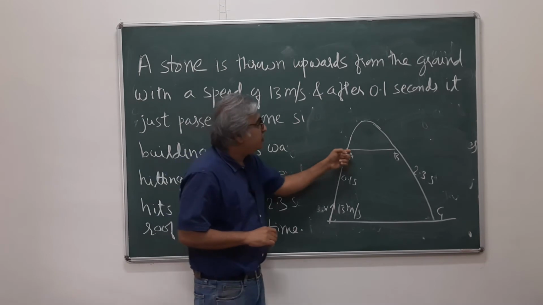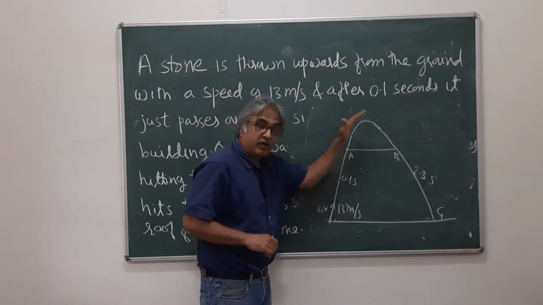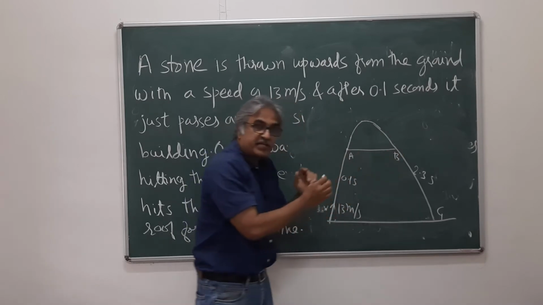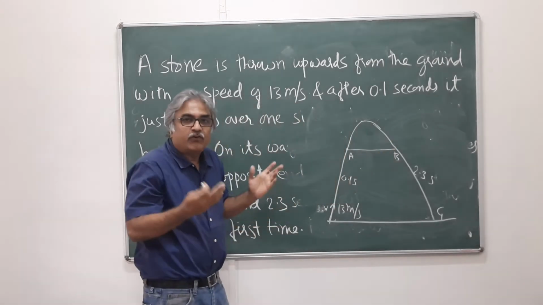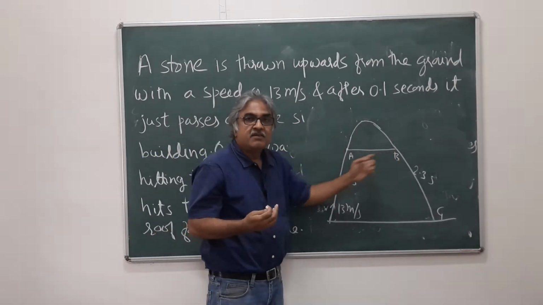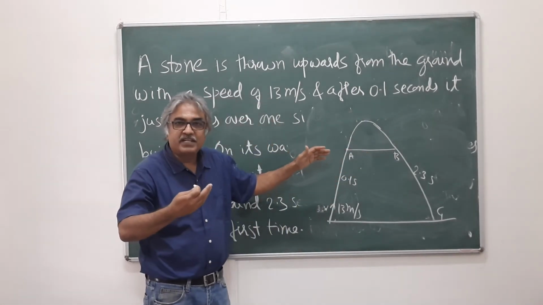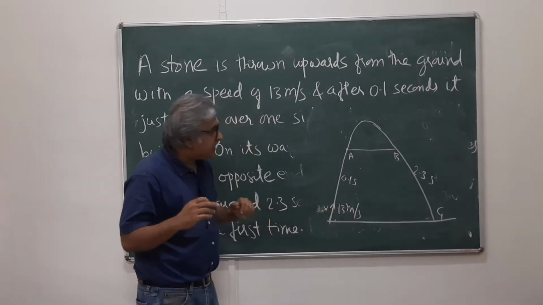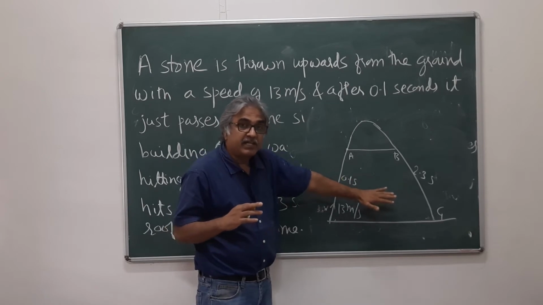So suppose you knew the horizontal component of velocity of this projectile, and if you knew the time the projectile takes for traveling from here to here, then it would have been easy to find out this distance, because that is the horizontal component of the velocity into time, and that's it, right? And you can see that the time can be found out based on the given information.